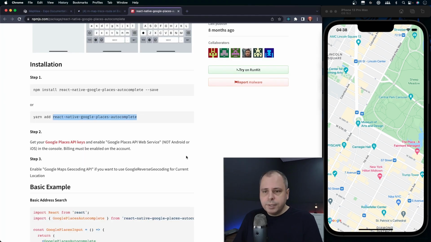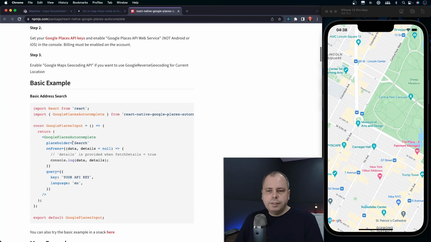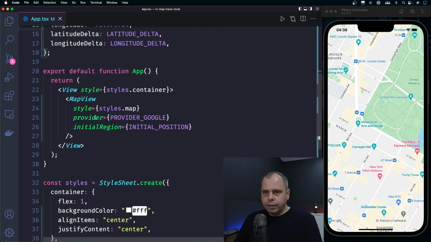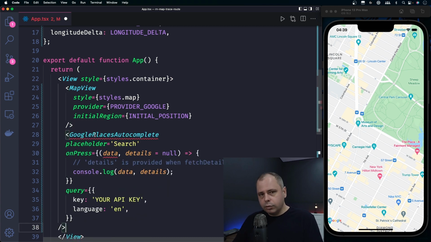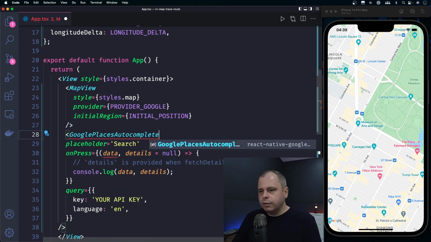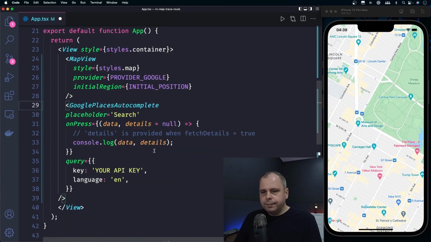Let's go back to the documentation to see the example, and here's what we need to do. So we go here to the map view, and below the map view I will paste this code here. So I'll just import this one, and okay, and here we need the Google API key, and what we need